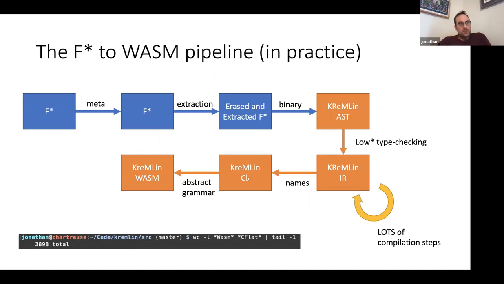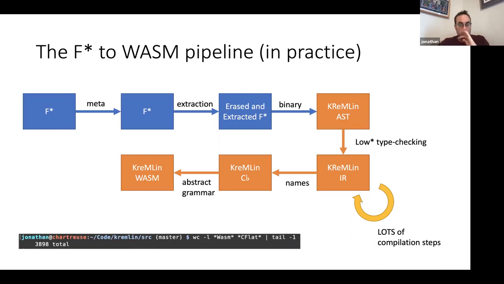So that was 2017, what I've described. And so when WASM came out a couple years later and got the notoriety and the stability, we realized that it was very easy to retarget this compilation pipeline to WASM. Essentially what we did is that we keep most of the existing rewriting passes, and instead of going to C, we just go to a little bit of a new intermediary language called C-flat, and to a WASM abstract grammar. That extra repurposing of the KReMLin compiler only cost 4,000 lines of OCaml code, which is not very much. So it was a good success story that it didn't take too much effort to retarget